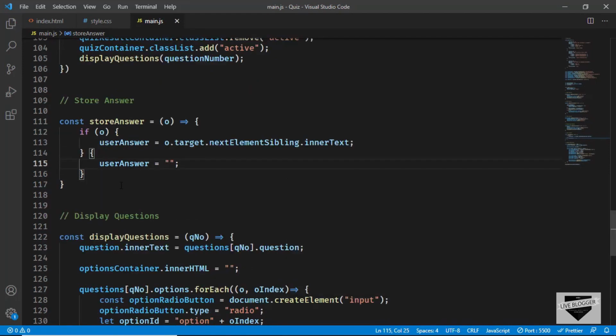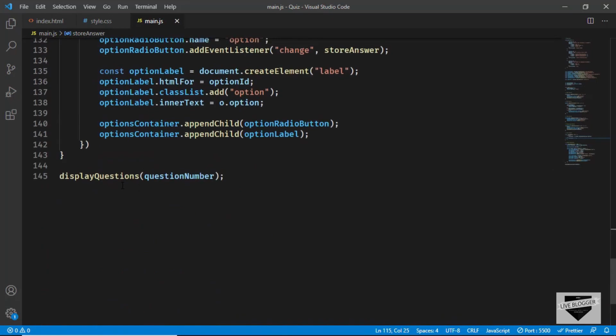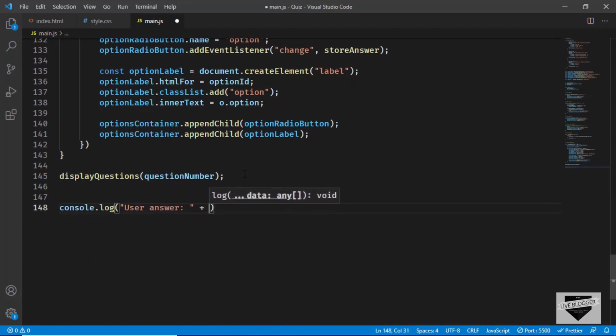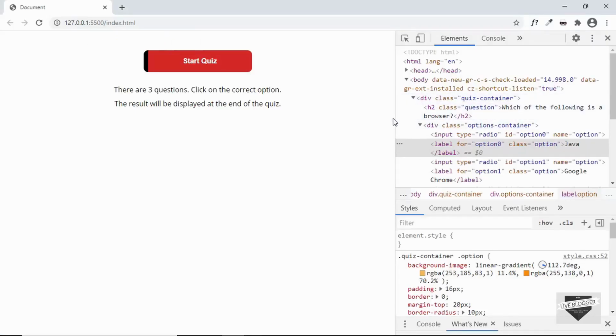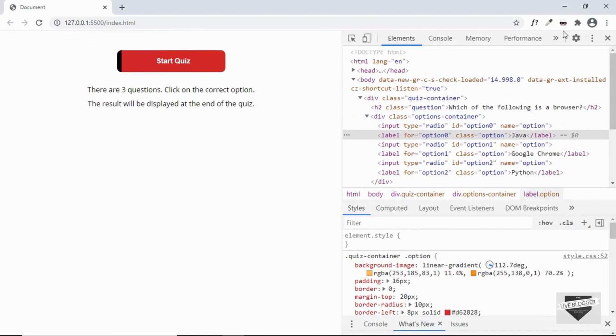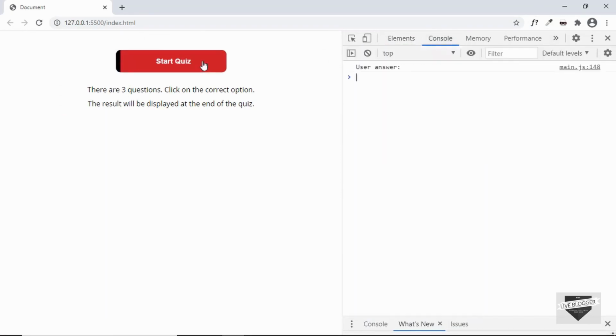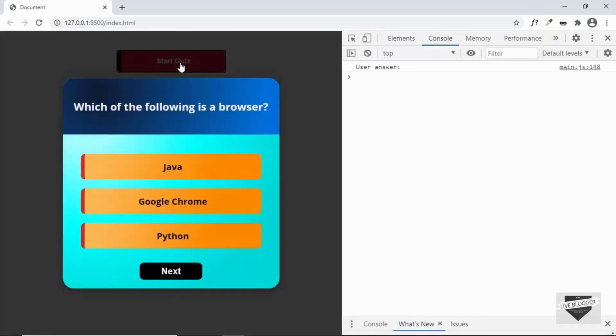Right, now let's just print out the answer and see whether it is being stored. So here I'll type console.log, and I'll type user answer. Now we'll be able to see whether the answer is being stored. So let's go back to our quiz, and here I'll go to console, and let's click on start quiz, and let's click on one of these options. Let's click on Java,